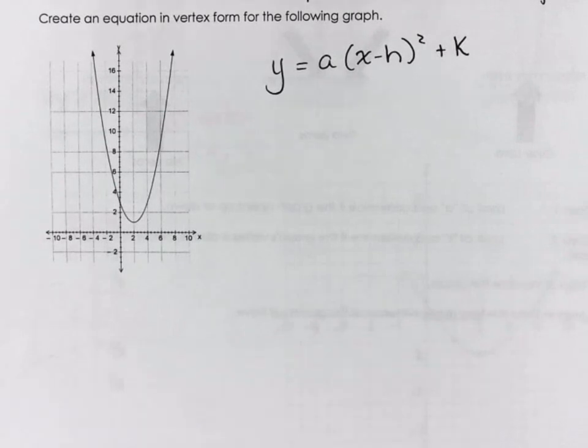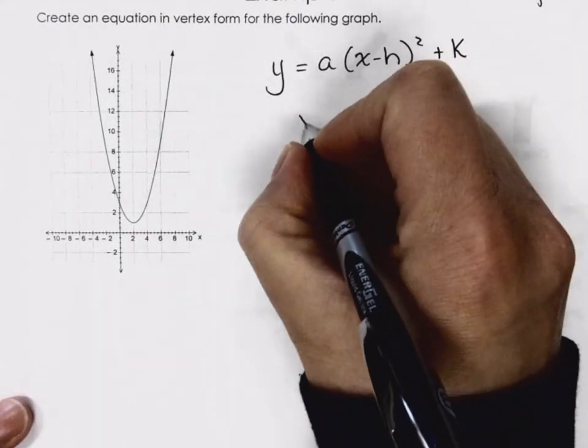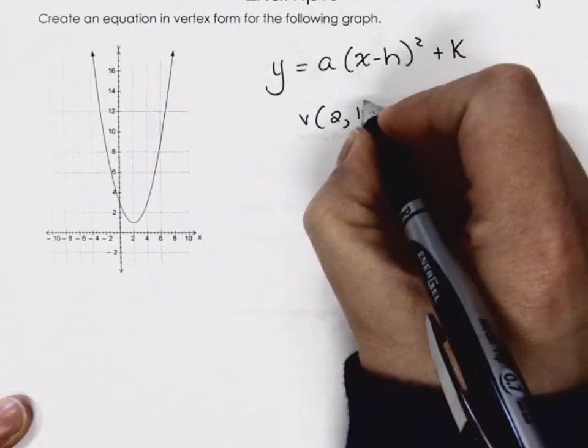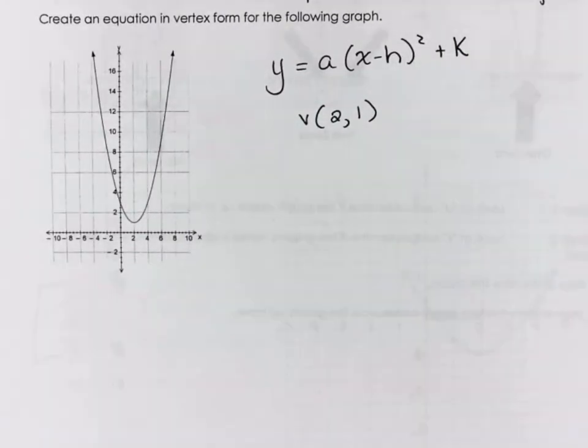All right. So where do I pull the h and k information from? Your vertex. So can we find our vertex? What's our vertex? X always comes first, so it's going to be the 2 and then the 1. Good job, everybody. And then what I need you to do is pick one other point. So step 1, we find the vertex. Step 2,